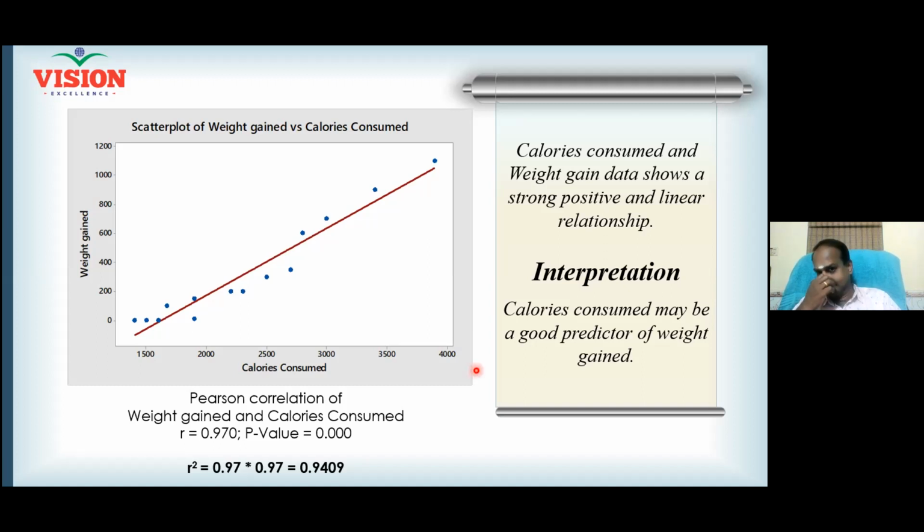You get the point? That means the influencing capacity of your X variable on the Y variable is 94%, and 6% depends on other factors. Do you understand? The Y variable depends mainly on the X variable, and the extent is 94%.